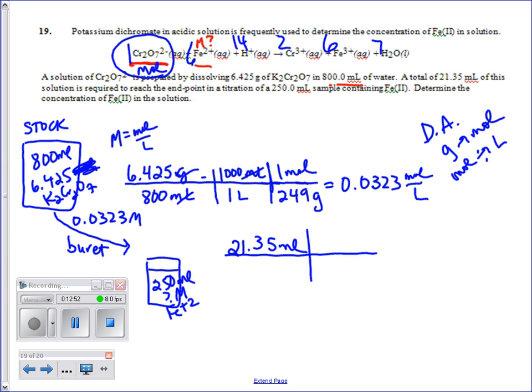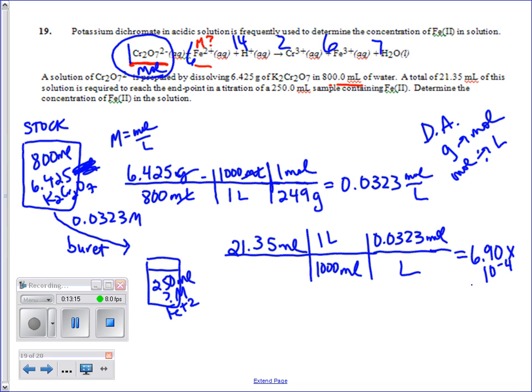Mils isn't very useful when I have molarity, so for every 1 liter, I have 1,000 mils. And now I can place my molarity in here to convert to moles because I know my molarity is 0.0323 moles per liter. So this will give me my calculated moles of potassium dichromate, 6.90 times 10 to the negative 4th,